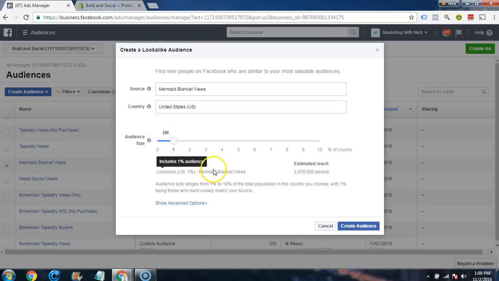All right. Now, here's the cool thing that you can do with lookalikes. You can do different percentages based on relevance. So just to explain this for you, Facebook does right here, with 1% being those who most likely match your source. Your source audience is, of course, the one that you've collected from your audience right here. And then for the lookalike, you start at 1% and go all the way out as far as you want to based on